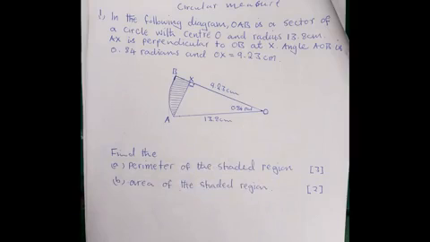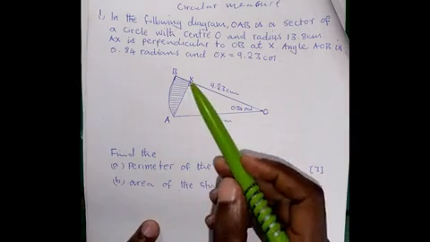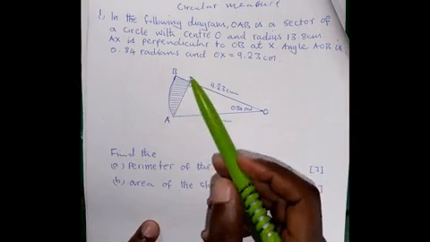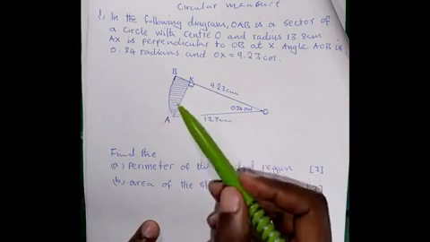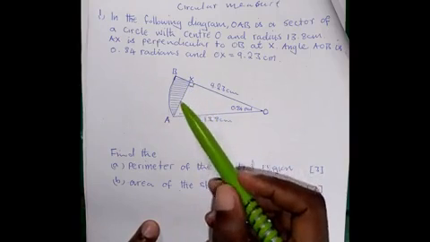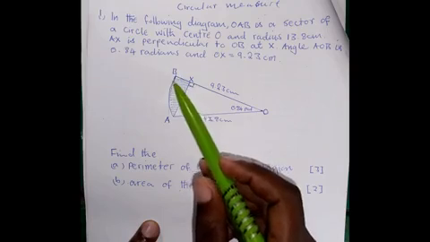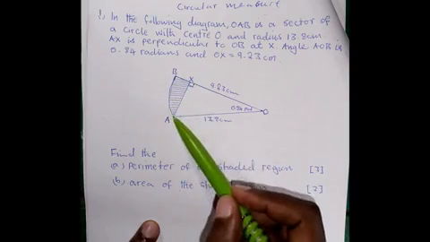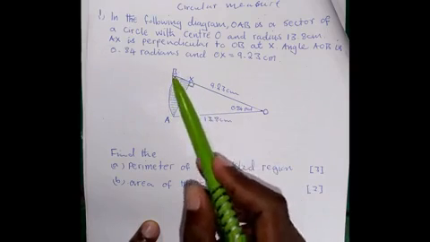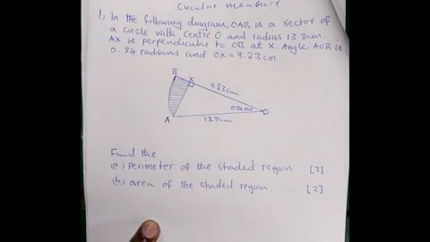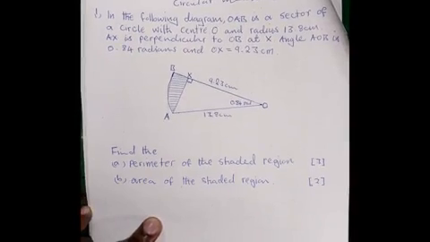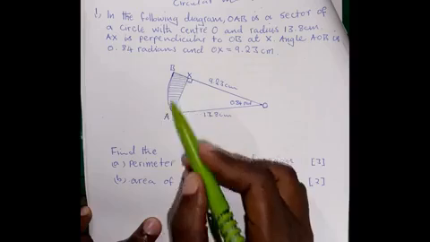Now when you want to answer the perimeter of the shaded region, they just want this part, because perimeter is the total distance around the given shape. So they just want this and the arc AB and also XB. That's the perimeter that we need to give them. So first, let's try to answer